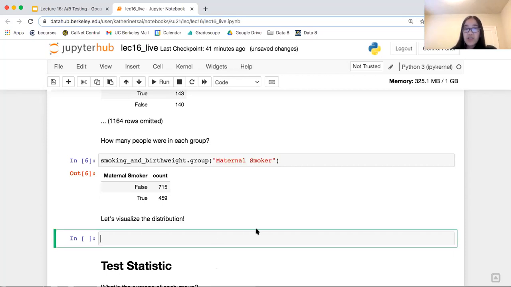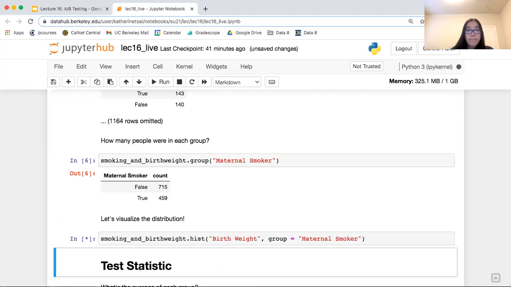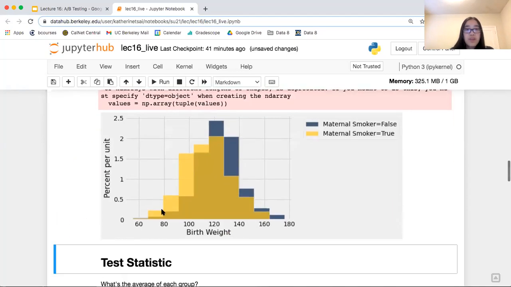And then let's visualize this distribution. So let's do smoking and birth weight and maybe think about what type of visualization we want to be using here. We can do a histogram. Let's look at birth weight. And then let's group by maternal smoker. So remember, this gives us a histogram of birth weights, and then we've grouped it by maternal smoker equals true and maternal smoker equals false.